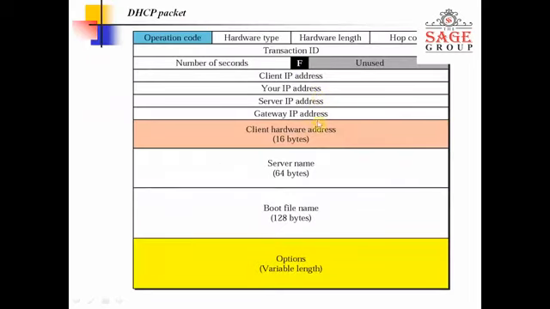After this is the gateway IP address. The gateway IP address is the gateway of that IP address scope. What do you mean by scope? Scope is a bunch of area. Suppose we say that in IT there are four sections: first year, second year, third year, and fourth year. Suppose we have a four-year course. So there are four sections.